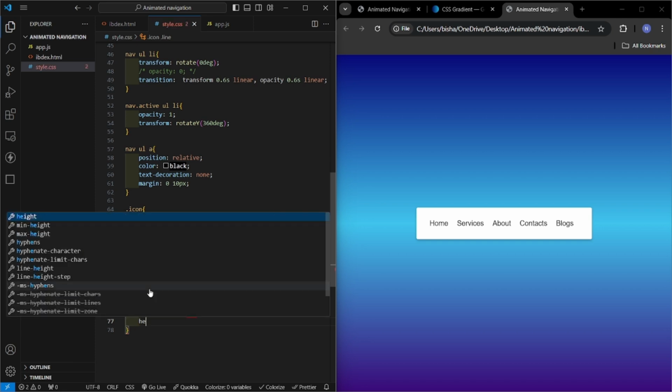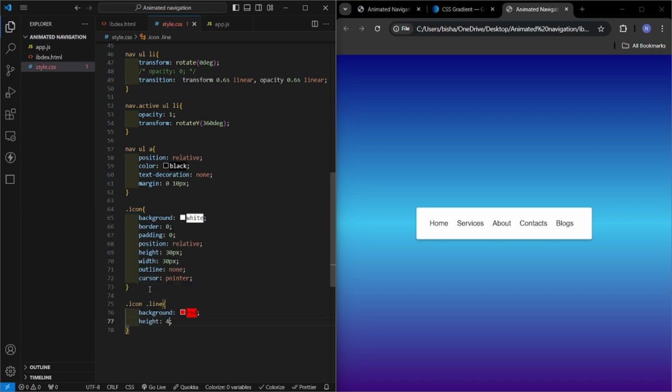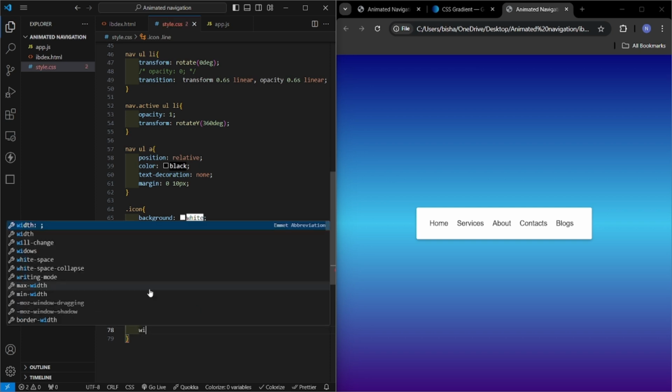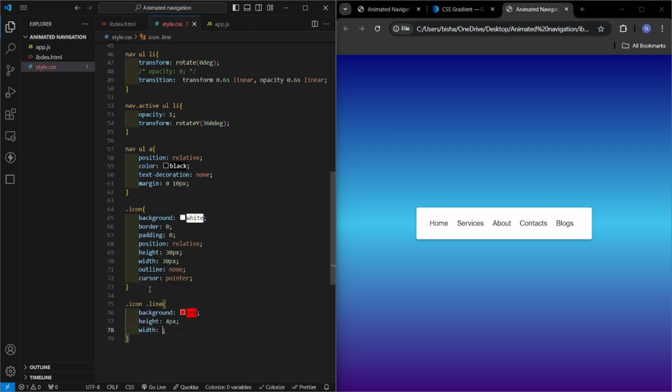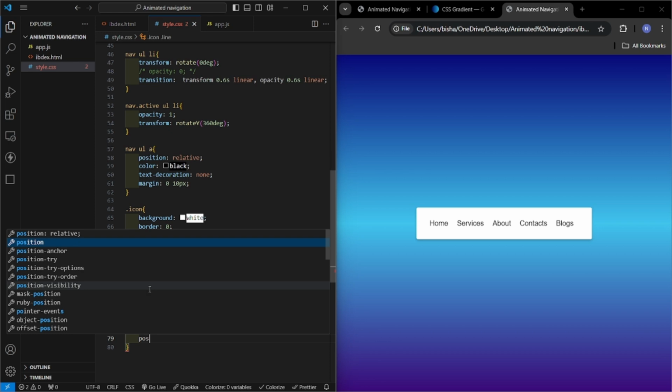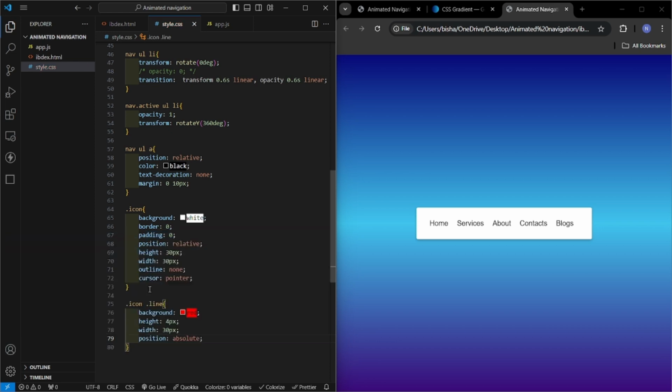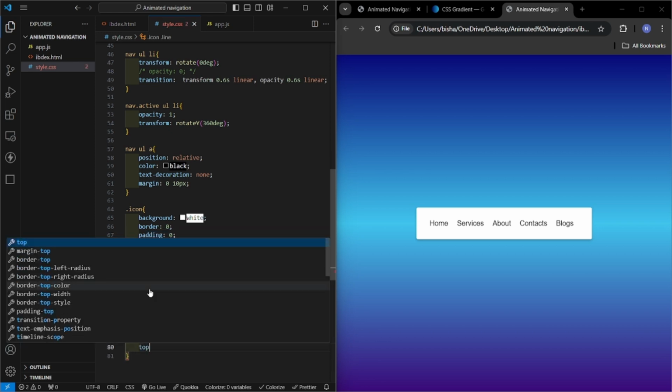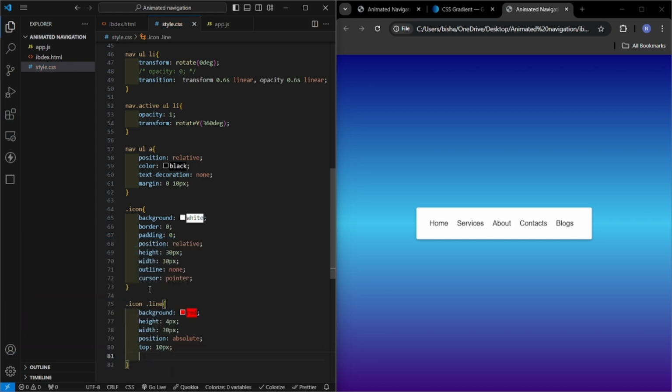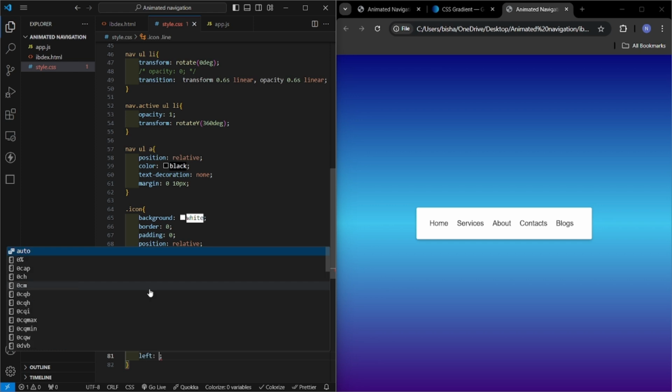Then height, I want to give it 4 pixel, and width will be of 20 pixel. Then we have position, it will be absolute, and for top 10 pixel, left 5 pixel,